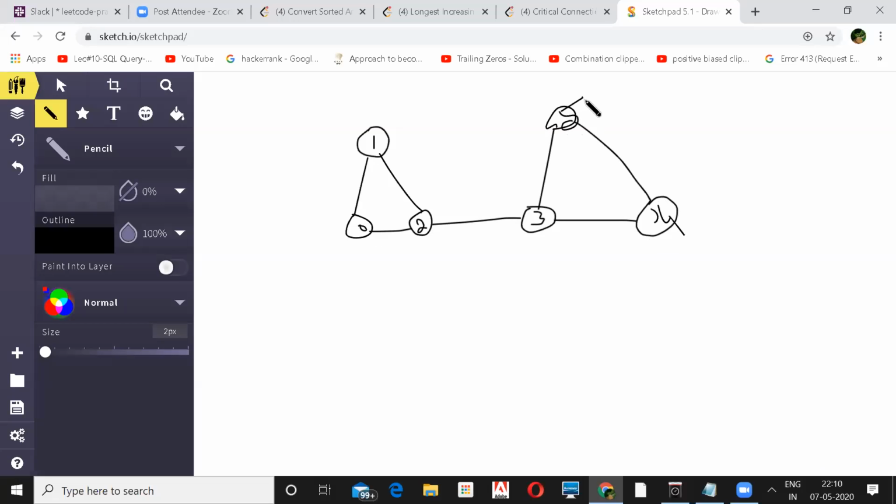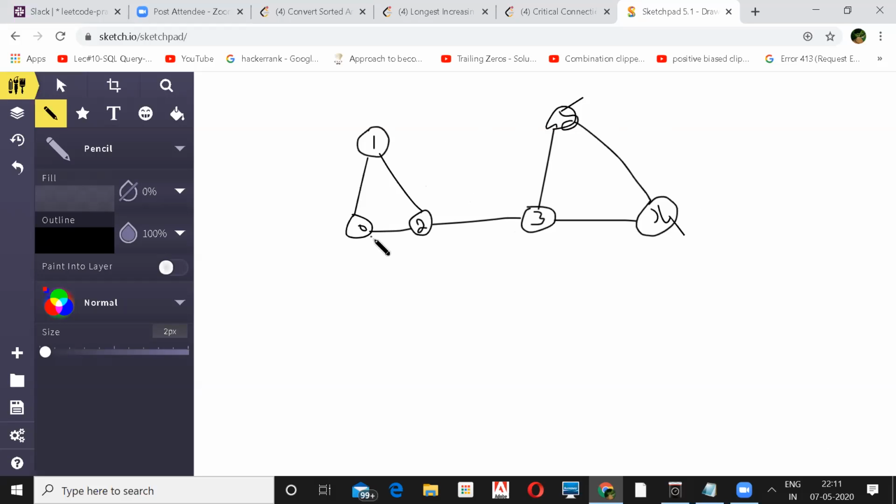So in this algorithm, there are two things. First, whenever you break any edge in the cyclic graph, you will never have a new connected component. You can only generate a connected component if you break a bridge edge, not an edge in a cycle like 2 and 3. So how do we start from here? We are running DFS only.